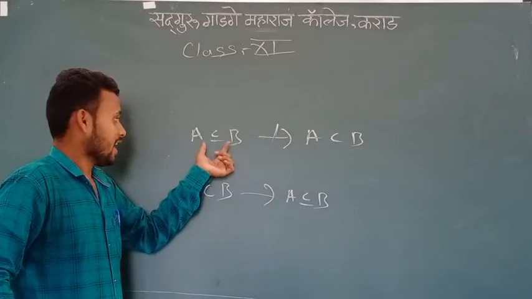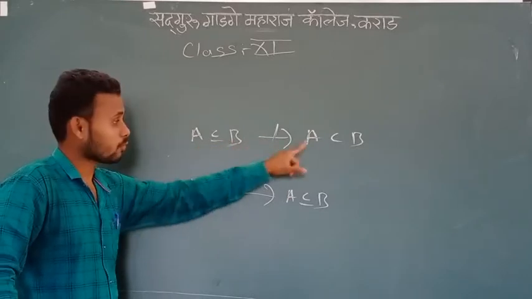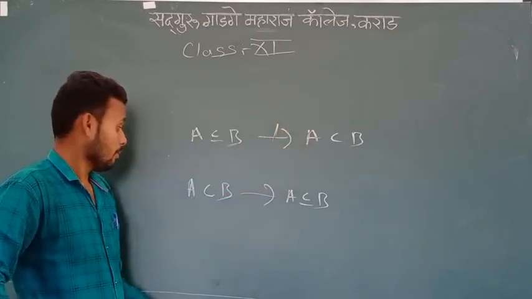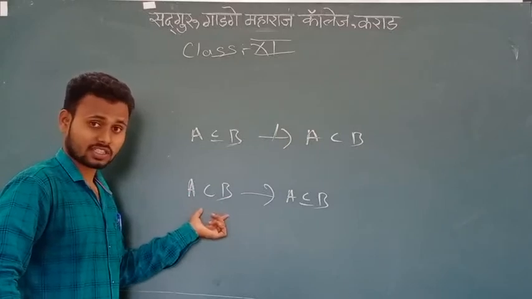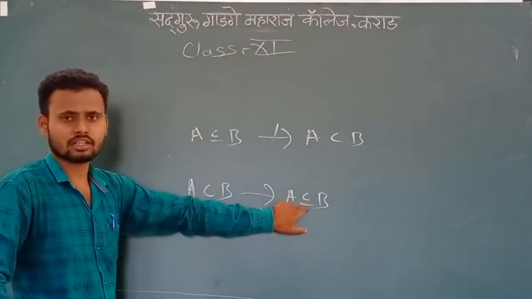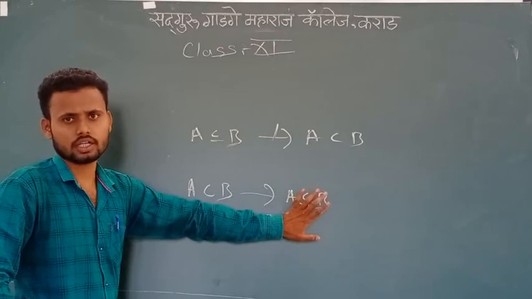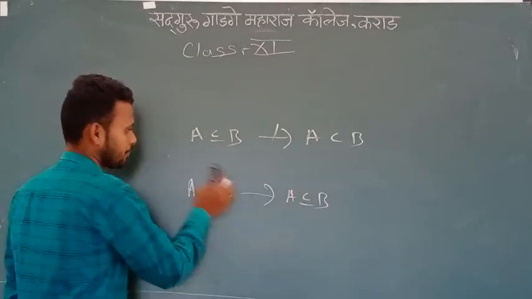म्हणजे काय होतंय, A जर B चा सबसेट असेल तर तो प्रॉपर सबसेट होईलच असं नाही. पण A जर B चा प्रॉपर सबसेट असेल तर तो सबसेट ऑफ B ऑलरेडी असतोच. Now